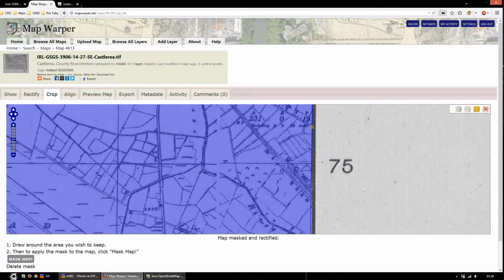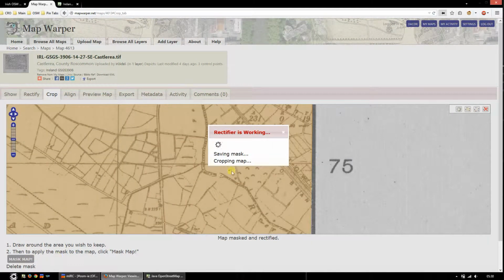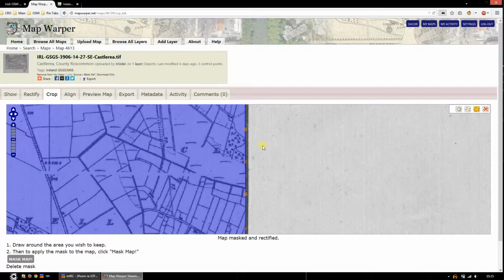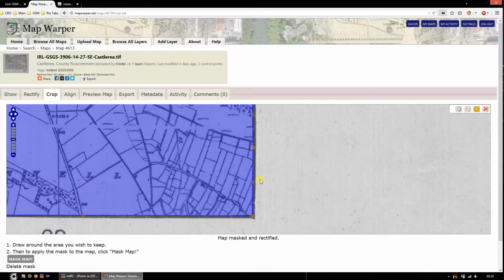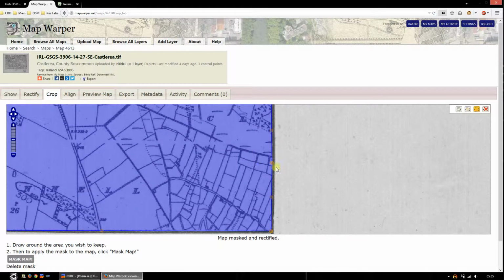But once you're done, simply click on Mask Map again, and it'll just rectify it again based on your adjustments, so it'll give you an improved version of the cropping. So I've just finished going around the edges here, just refining this so that it's correct the whole way around, and just to give you an idea of the amount of adjustments that some of these need, I'll just zoom out here